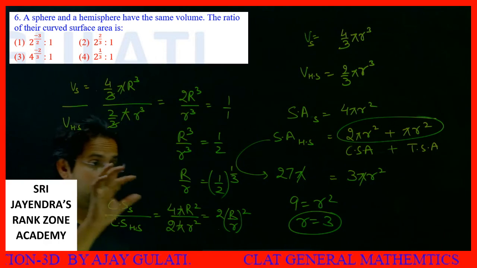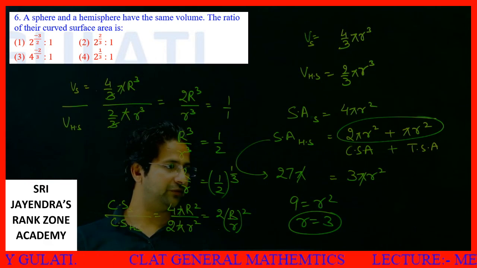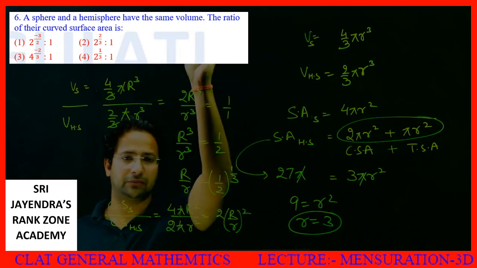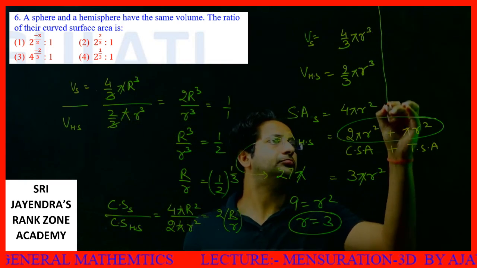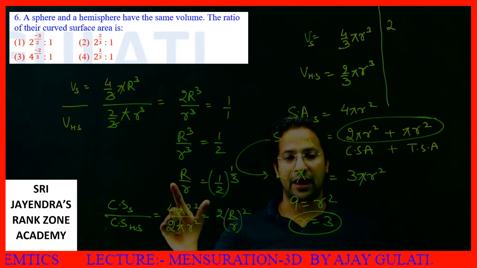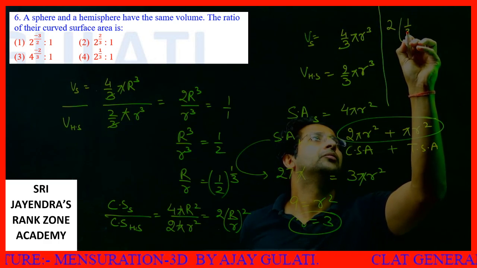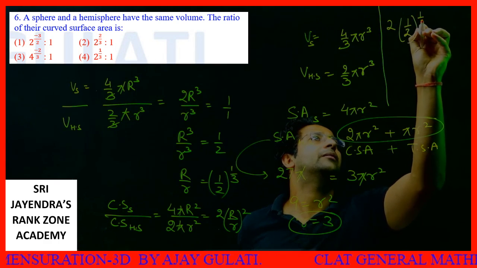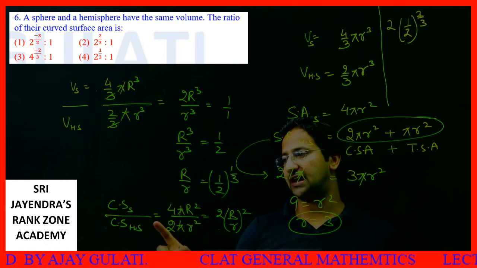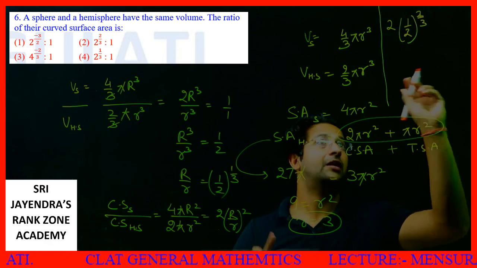Now, what is r by R? Do I have some space to write? Should I rub this part? Okay, right over here. Look, this is 2. What is the value of r by R? The value of r by R is 1/2 raised to power 1/3. Since it is squared, it becomes 2/3, because this ratio is in a square. So I put power 2. I put the value of r by R.